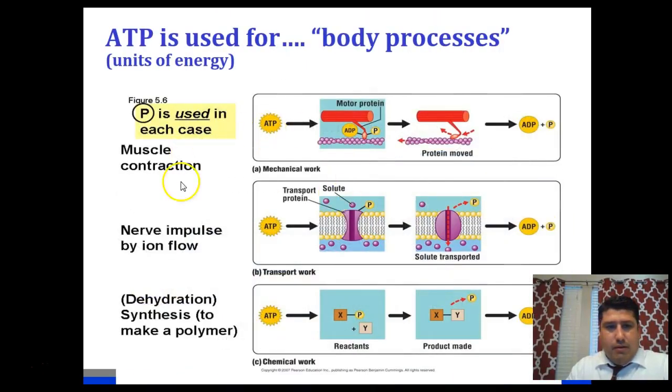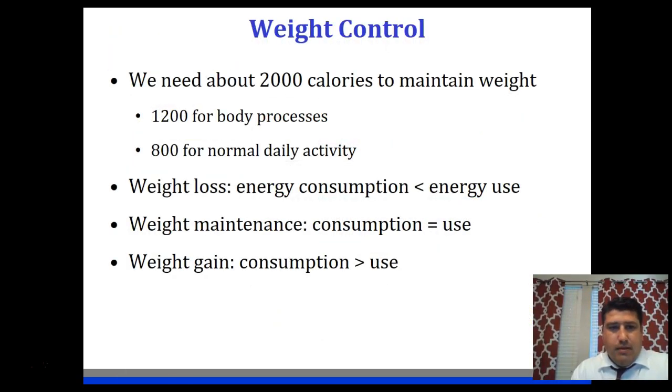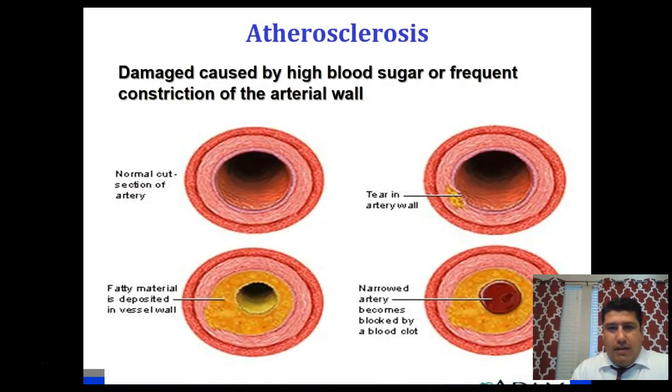You can see that several metabolic processes require energy. So the energy that we produce then goes to the metabolic processes. You can see in the top picture, the myosin heads have to attach to actin filaments and then pull the actin filaments. That requires energy. So the more we do that, the more energy we burn. But the less we do that, the energy we're consuming has to go somewhere, and it goes to the fat cells. So that's how people start to gain weight. Okay, you can see some more information on fat cells.